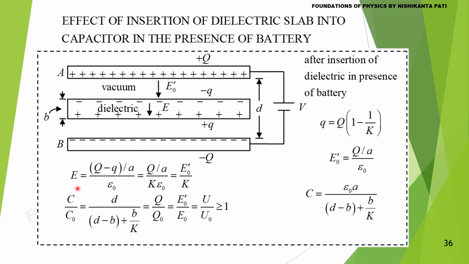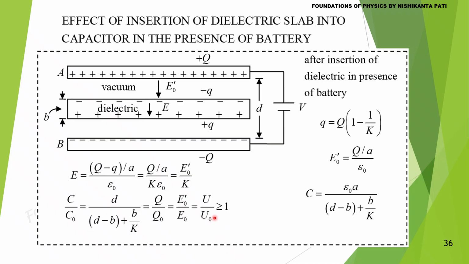Then C by C0 equal to Q by Q0 equal to E0 dash by E0, that is equal to U by U0, that is coming D by D minus B plus B by K. C0 was the capacitance, Q0 was the charge on the capacitor, E0 was the electric field in the vacuum gap, U0